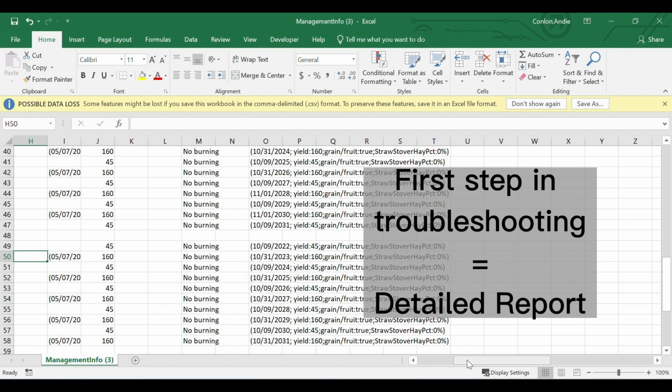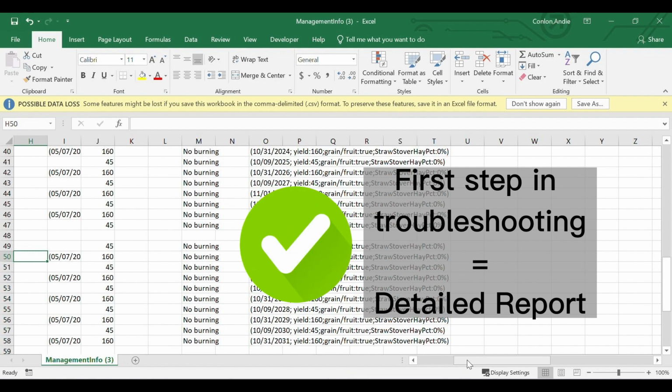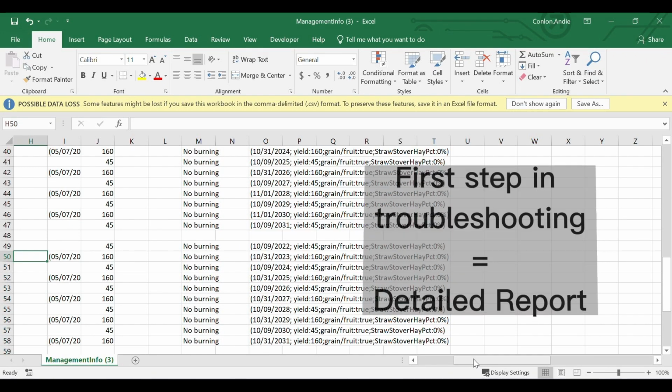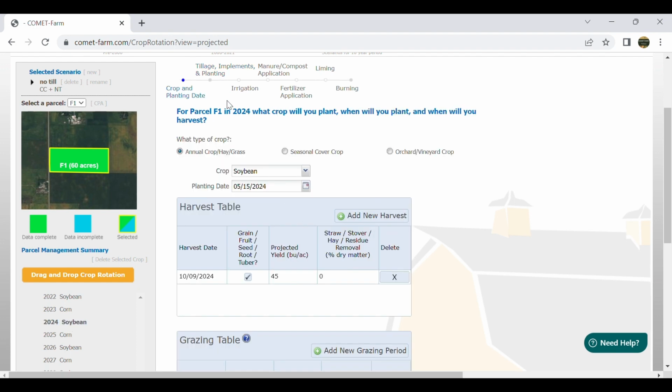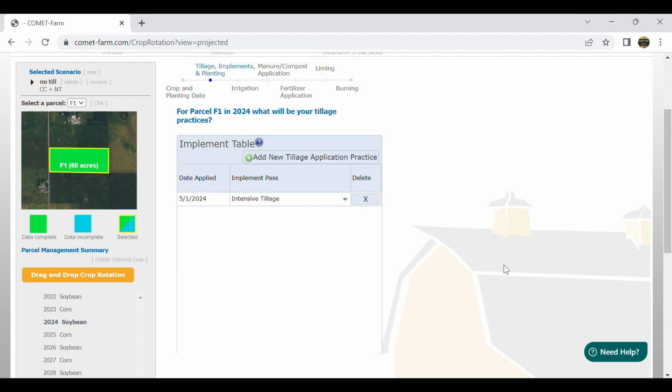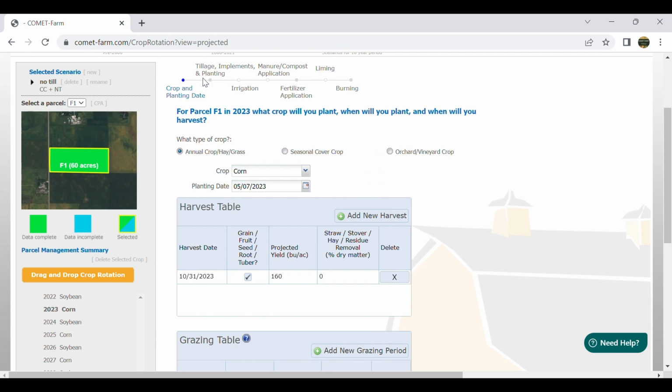In general, these detailed reports are a great way to troubleshoot because they allow you to see data that might not fit what you are trying to implement without you having to go back through every single page of your management. Now that I identified the issue with my report, I can go back and again see that the subsequent years after that first year in my future scenario were still listed as intensive tillage, so I can go through